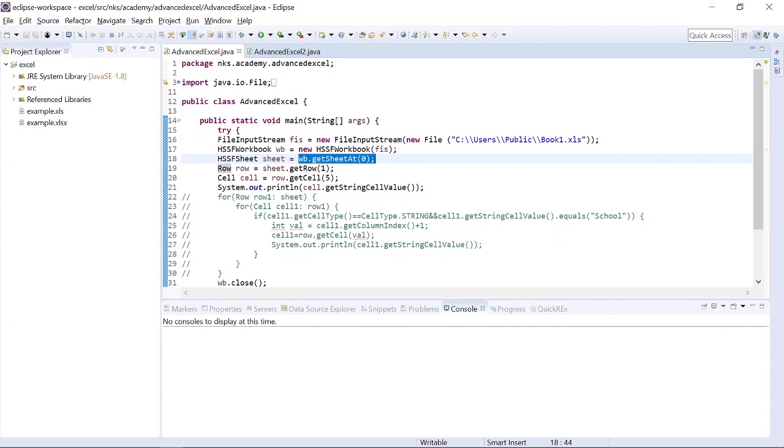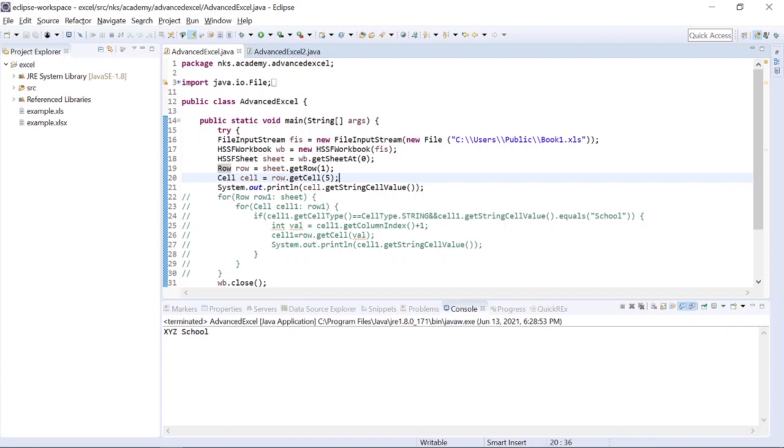And first we are going to see how to read the school, anywhere in the file if it is present, we can read that. First we will see how to just hard code and get the value. So we know it is in the second row, which will be first index, and in the sixth column, that will be fifth index. Okay, let's run this program and see.